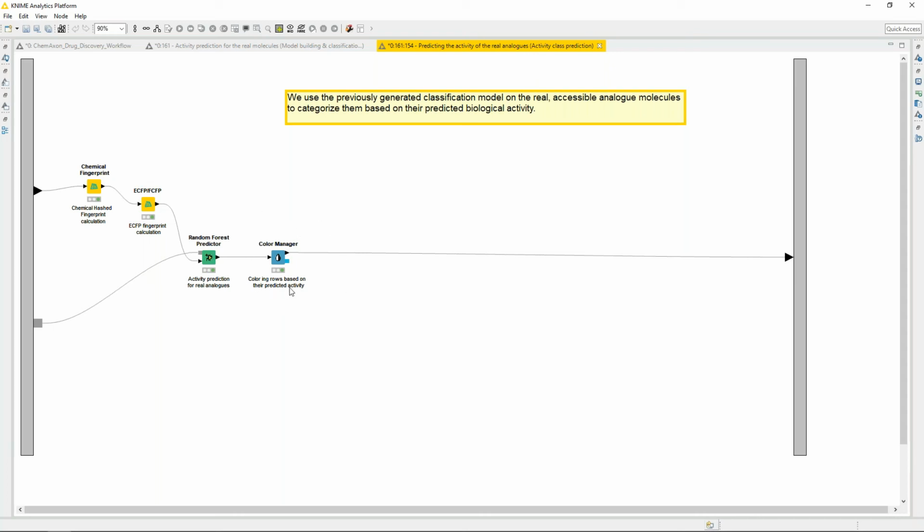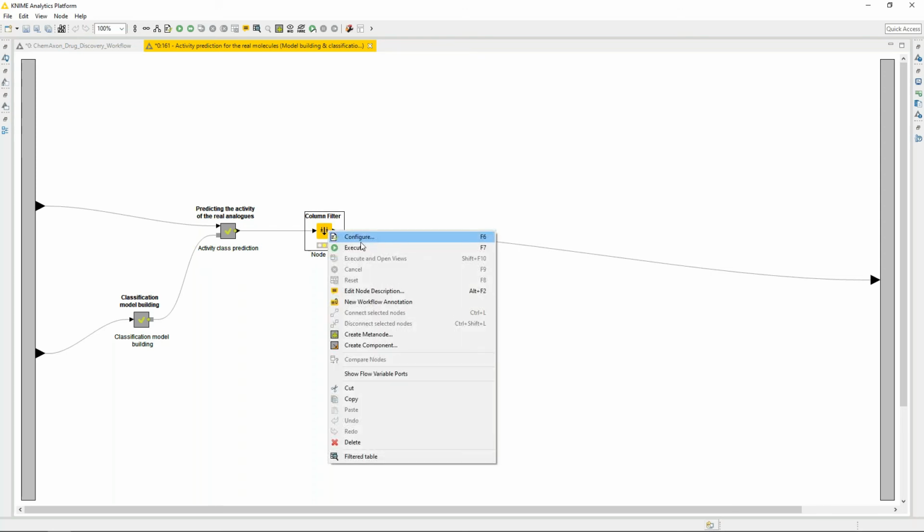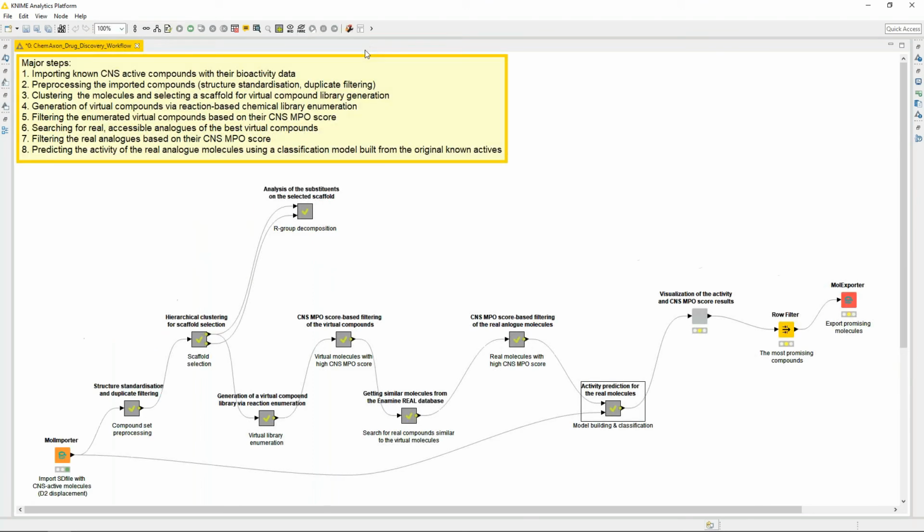Then we can use a native KNIME node for assigning different colors to molecules which are predicted active or non-active, and clean up the data set again by removing the columns that are not needed. And finally, we can either check the output table and select the most promising molecules